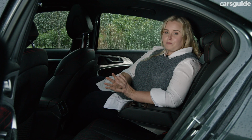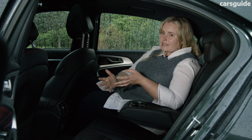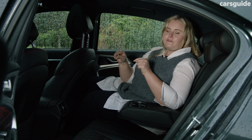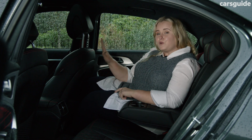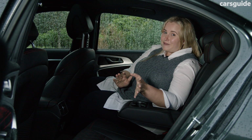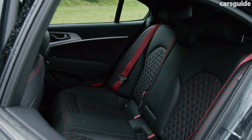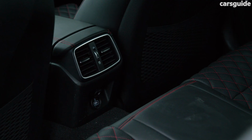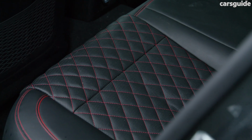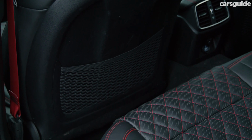The sense of space from the front unfortunately isn't carried to the back seat. I'm 168 centimeters or 5'6", and behind my driving position, I can't actually fit my feet in the footwell. I've had to push this front seat forward to be able to sit comfortably. Now, if you have taller passengers or teenagers, they're going to moan on a longer trip in this. The amenities are a little bit lean back here. You have directional air vents, a single USB-A port, plus heated outboard seats. But that's it. And I would have liked to have seen climate control and an additional USB port